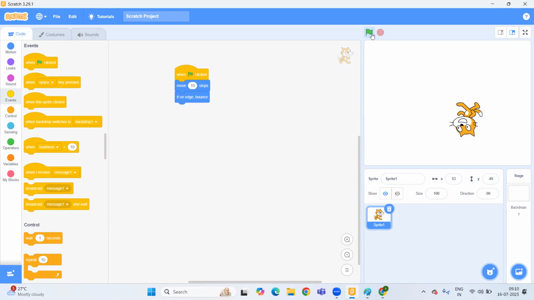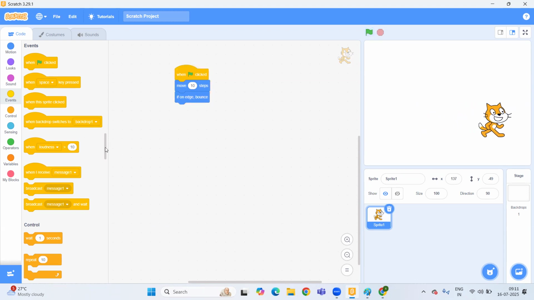But you are looking at the screen, the cat is completely flipped, right? The direction changed. And if you want it to go back from left to right and then right to left, then what is the code for that?